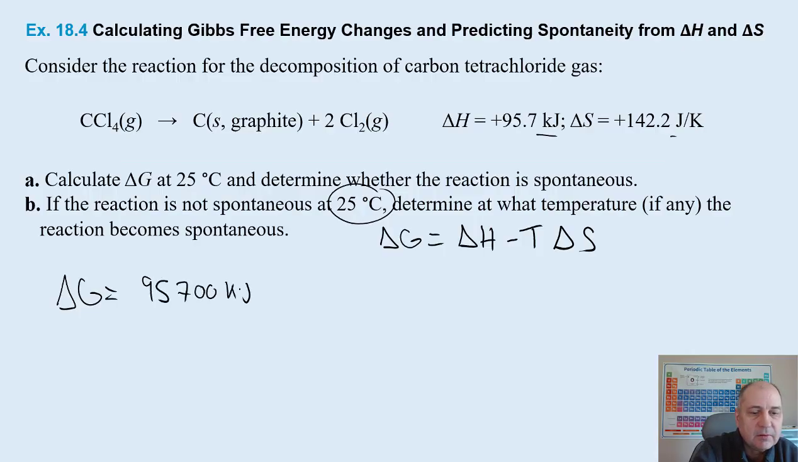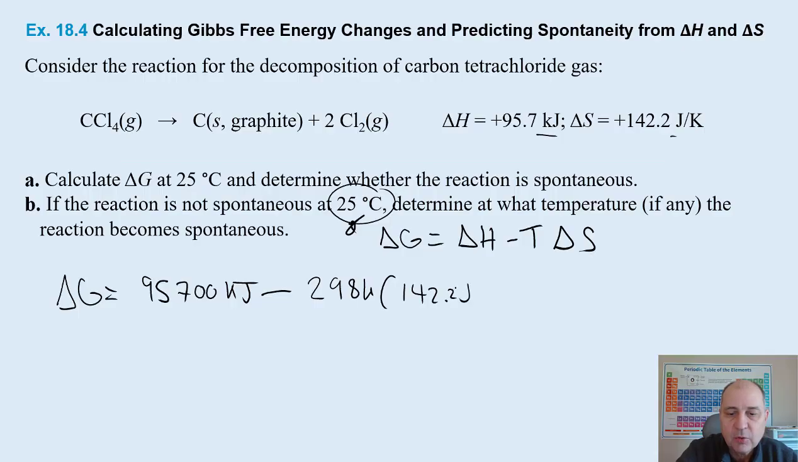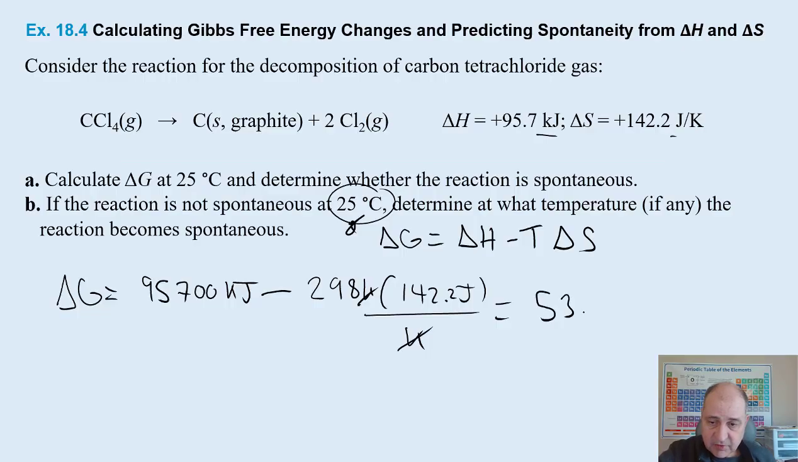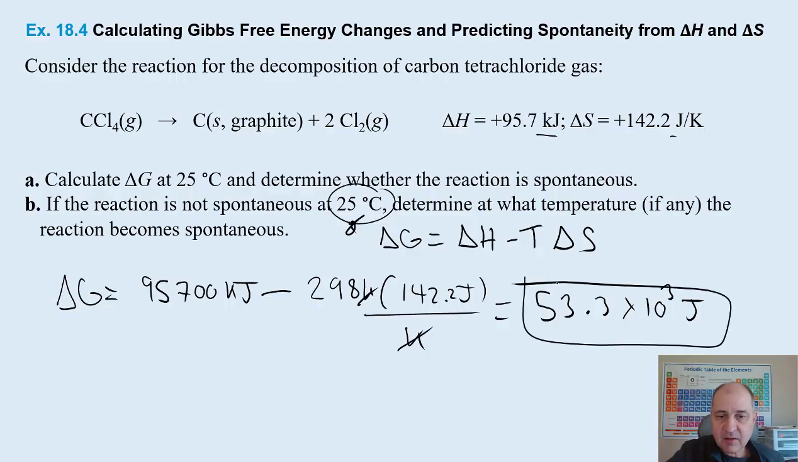95,700 kilojoules, that's delta H, minus T, which is 298 K, gotta convert Celsius to Kelvin, times 142.2 joules per Kelvin. So that cancels, and I end up with a positive number, so it's not spontaneous. 53.3 times 10 to the 3 joules. So it's non-spontaneous, and